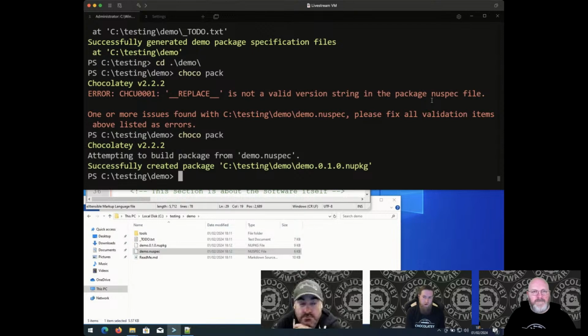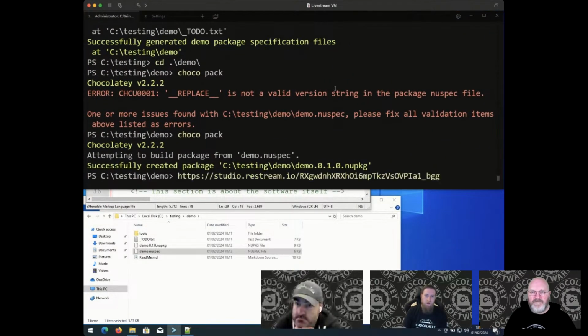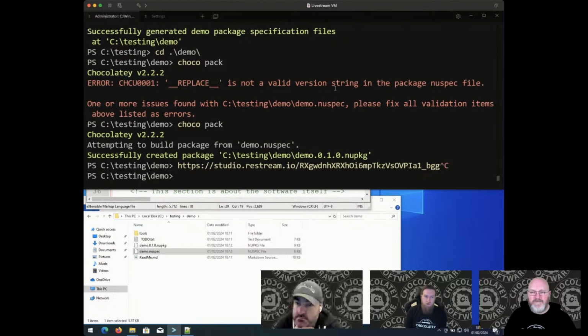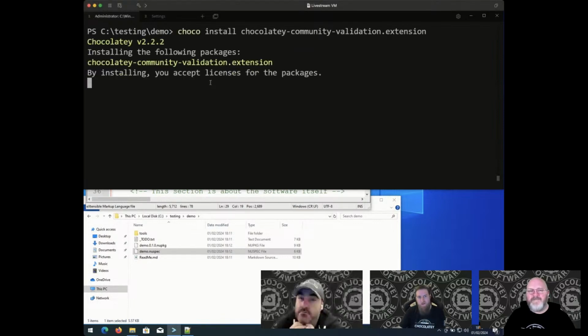It would fail on Chocolatey Community Repository because of package validator, but you would be able to push it nonetheless. Now, if I then install the extension that we have been working on, oops, that's not what I was supposed to do. Sorry about that. There is something wrong with the clipboard. Let me try that again. There. If I install that extension,